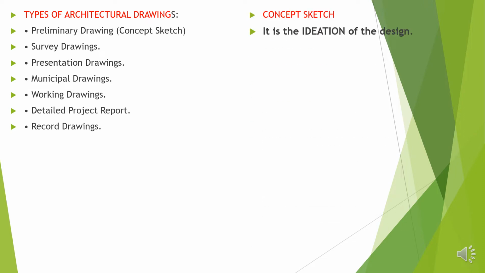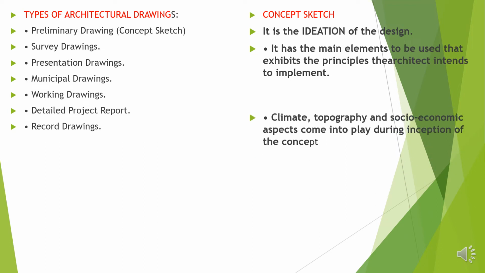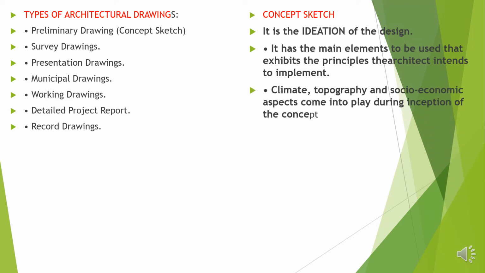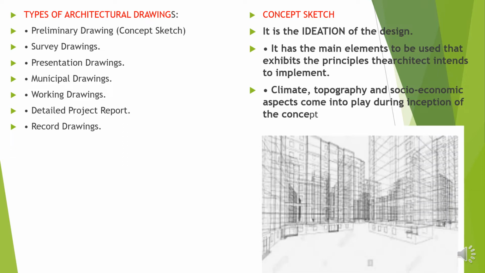Concept sketch. As soon as the developer buys the land, he will not have an idea how to construct a building. He goes to an architect and explains, saying, this is a plot of land I have, I want to construct a building, provide me the details. The architect, after listening to what the builder is looking for, prepares a sketch known as a concept sketch, which has been shown here. Based on this concept sketch, the developer decides whether he wants to go with the same concept or some other concept. Accordingly, the drawings are prepared. This is known as a concept.